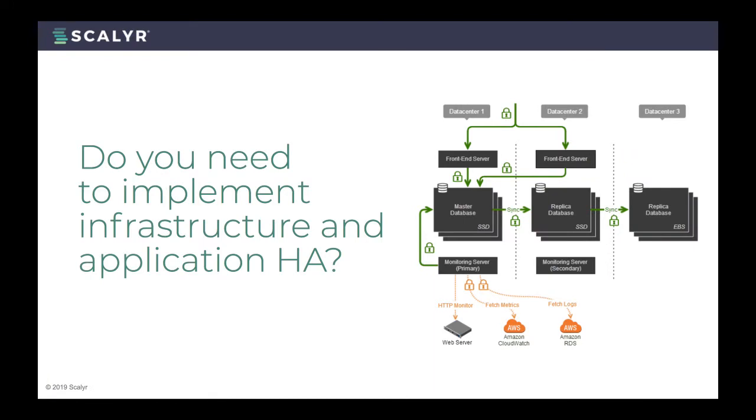This is an interesting question. Do you need to implement high availability both in your infrastructure and your application? Kubernetes is part of the Cloud Native Computing Foundation. This foundation is geared towards what it says, cloud native. Cloud native is all about how do you build highly available, scalable applications. One of the powerful things about Kubernetes is it solves a bunch of the highly available